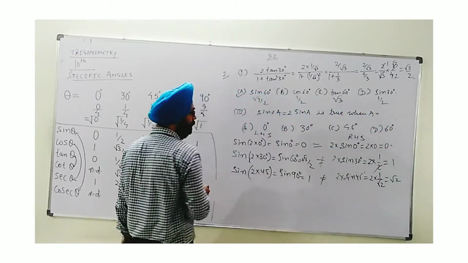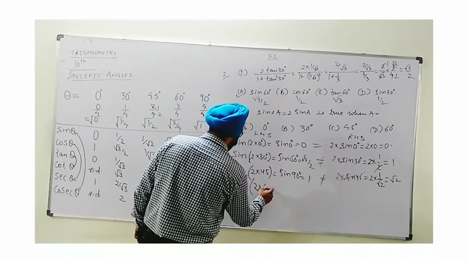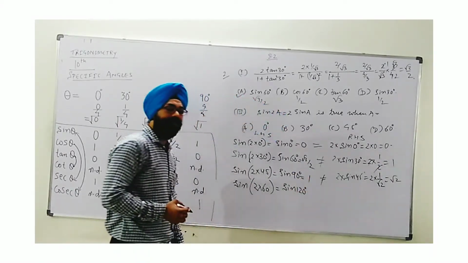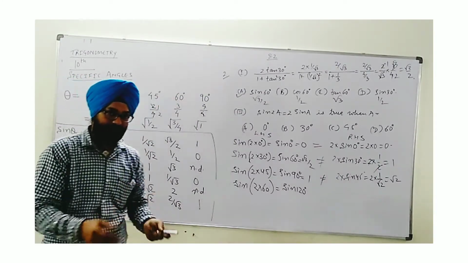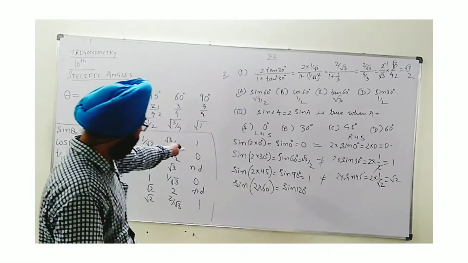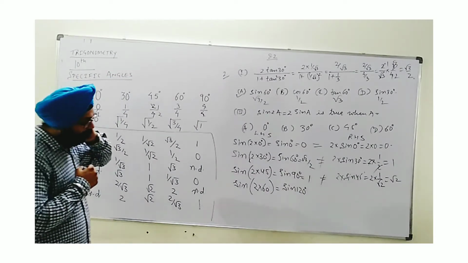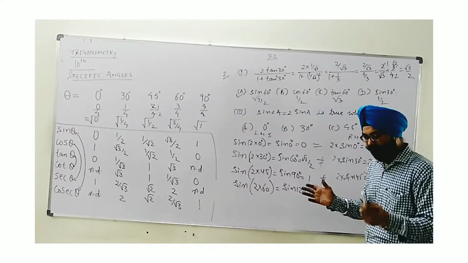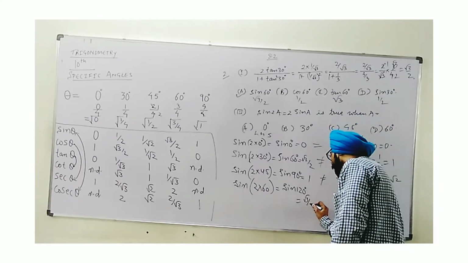Let's check for the last option. 60 degree. Sine 2 into 60 degree. It's a sine 120 degree. Yes, we find here sine 120 is not our cup of tea. Here it's actually not in the table. Yes, this exists, let me tell you, but at advanced level. In 10th standard you will see till 90 only. So I find that this sine 120, by the way, value I will share. I will tell you what is the value. Sine 120, its value is root 3 by 2.